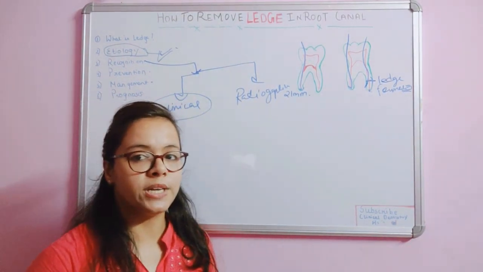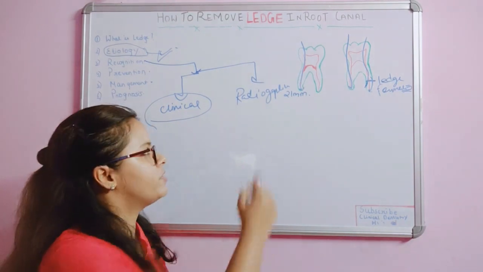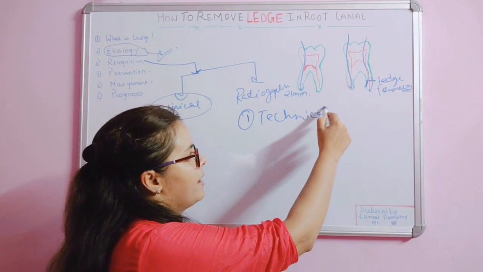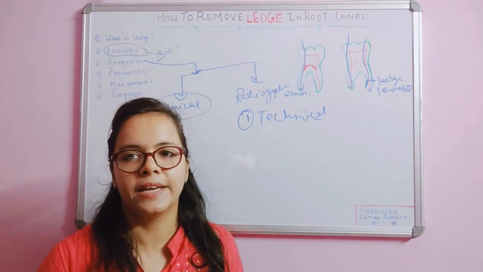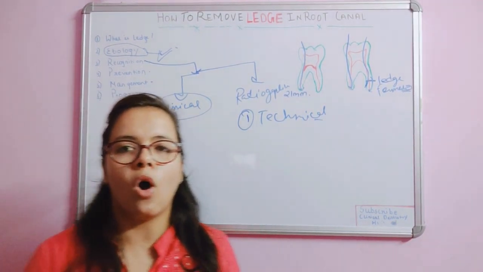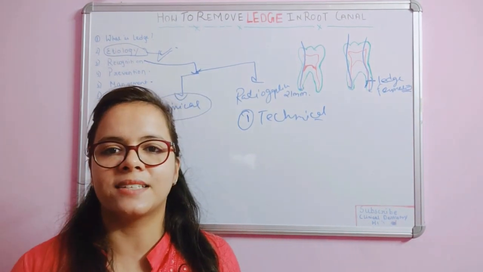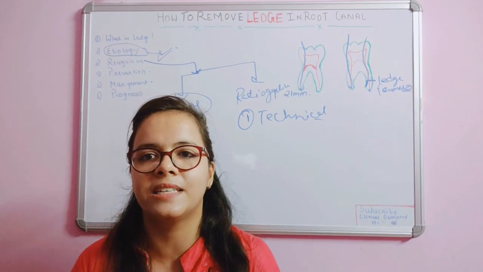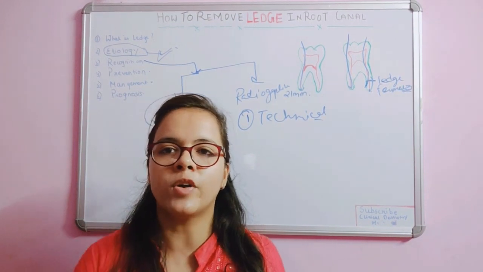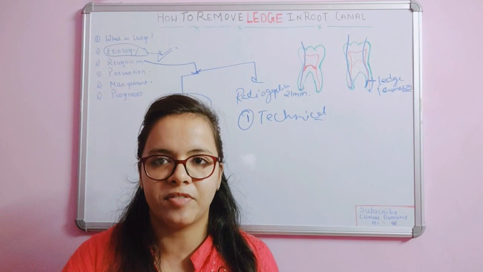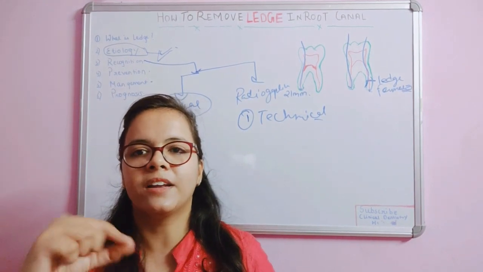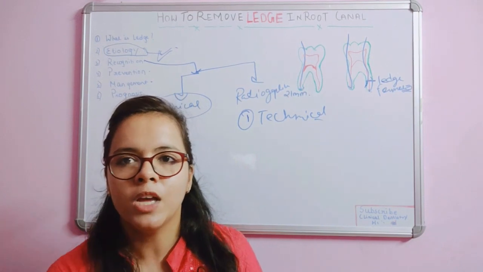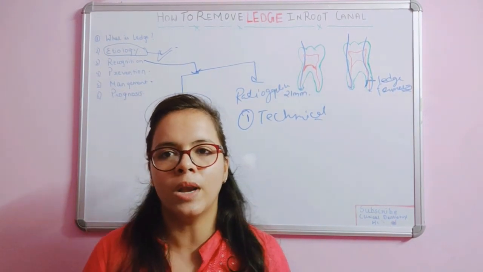अगर हम लेज फॉर्मेशन की बात कर रहे हैं उसको प्रिवेंट करने के लिए सबसे फर्स्ट आता है हमारे टेक्निकल प्रोसीजर्स. व्हाट मॉडिफिकेशन हैज़ टू बी डन इन दीज टेक्निकल प्रोसीजर? फर्स्ट इज दैट वी ऑल शुड हैव अ स्ट्रेट लाइन एक्सेस. हमारा जो एक्सेस है वो हमेशा स्ट्रेट लाइन होना चाहिए सो दैट वी कैन सी द कैनाल इजली. नॉट लाइक अ डेंटाइनल चिप इज कवरिंग ओवर द कैनाल एंड यू आर नॉट एबल टू बाईपास द फाइल स्ट्रेट इनटू द कैनाल एंड कर्व्ड होकर जा रही है और आपको एक माउस होल अपीयरेंस वहाँ पे दिख रहा है कि एक आसानी से एक चूहा आके वहाँ पे छुप सके. दैट इज द माउस होल अपीयरेंस.